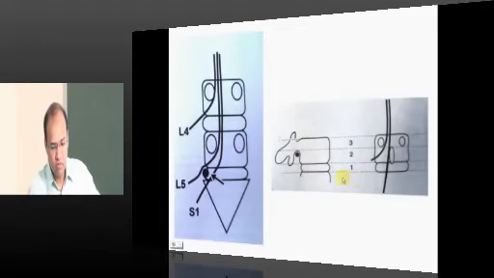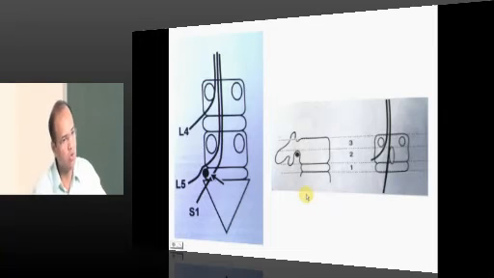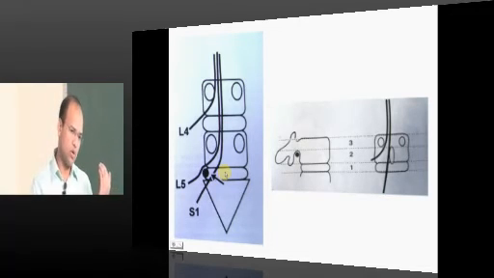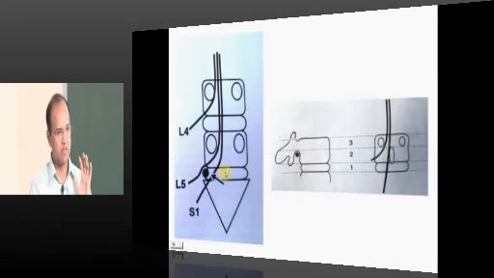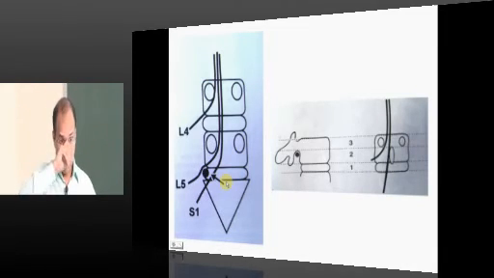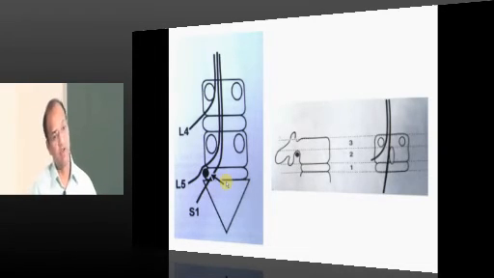Now what happens once the disc protrudes, extrudes or sequestrates? Suppose this is the L5 vertebra and this is the S1 vertebra. Once the L5 S1 disc is protruding into the spinal canal, what happens? It cannot press on the cord, because your spinal cord stops down at the L1 level. Ultimately it will press on the filum terminale, which causes only a little amount of symptoms when compared to the spinal cord. Second, once it presses upon the roots, then you will have most of the symptoms.